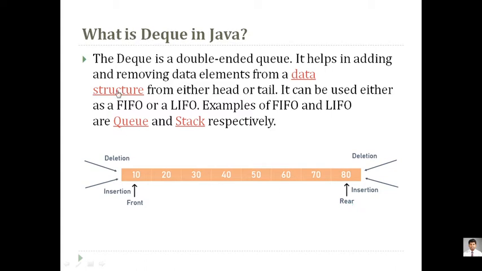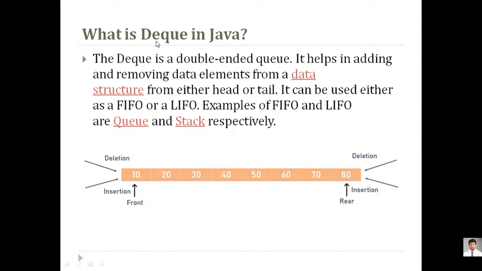In this double-ended queue, you can insert at the starting point and also delete from the starting point, which is not possible in a simple queue. That is the feature of a stack: anything which is added from the end and removed from the end is a stack. So we are doing a combination. You can enter from the end and delete from the first, and you can delete from the end and add from the first. So it is a combination of stack and queue, and that's why it is called a DQ or double-ended queue.